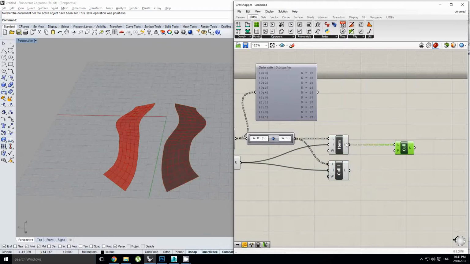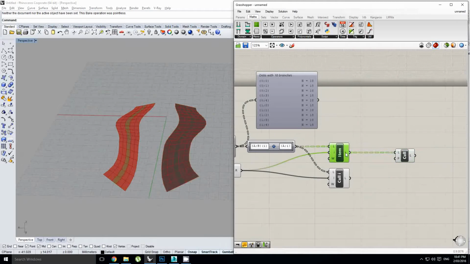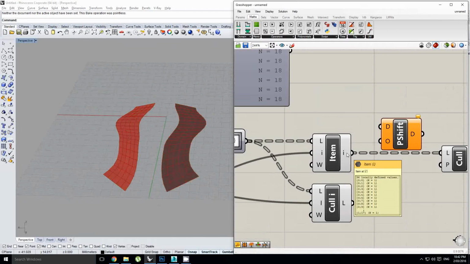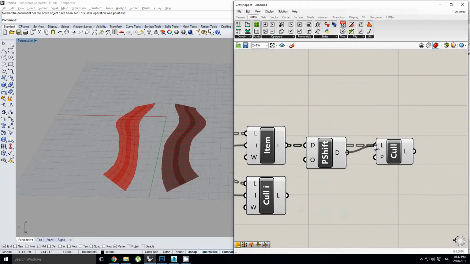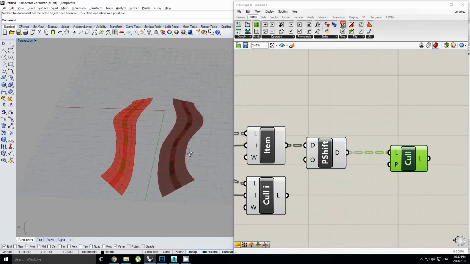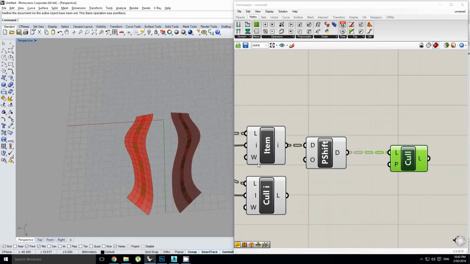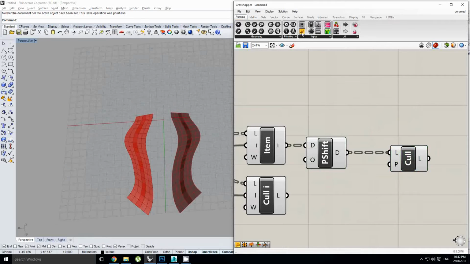I need to flatten that. Oh no, not flatten. I need to shift my paths because we still have a two-dimensional data structure. So I'll shift those, and this is going to allow me to pick out particular faces. So now I'm going to grab panel, and I'm going to say true, false, and use multi-line data,